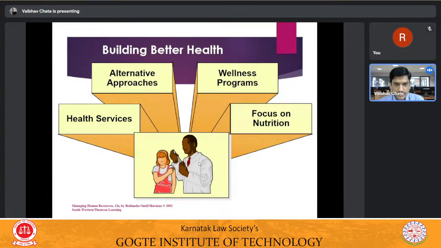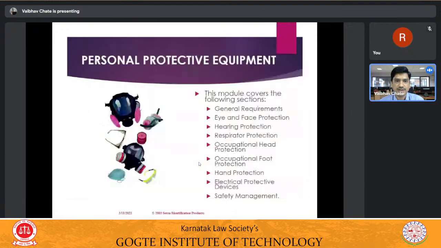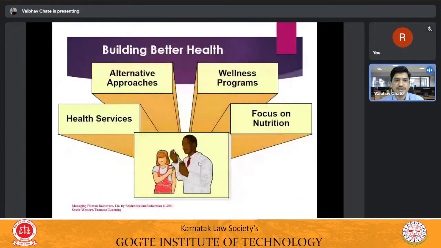Okay, the third unit is connected with fire prevention and protection. When I say fire prevention and protection, we need to understand that every time there is an outbreak of fire in a building, not all the people die because of directly coming in contact with the fire. There are other gases emitted due to the fire hazard, and in most cases, the percentage of people killed due to inhalation of those gases is higher than the percentage of people who come directly in contact with the fire.